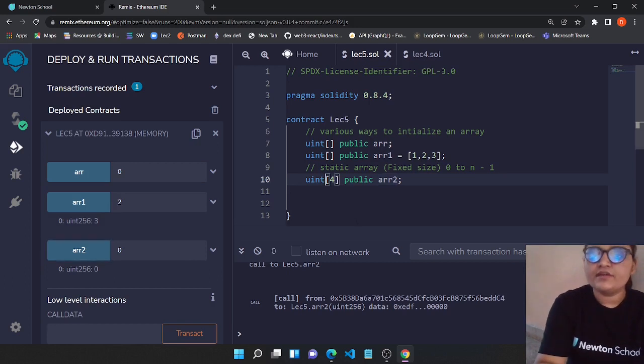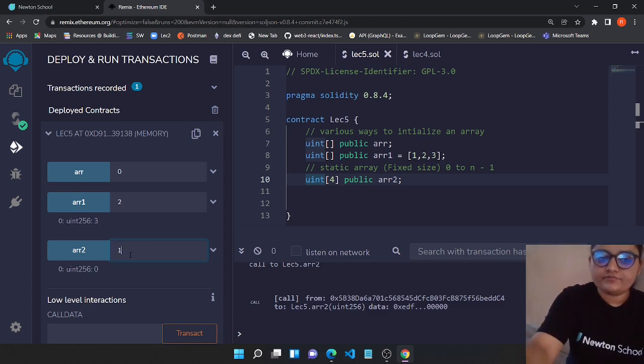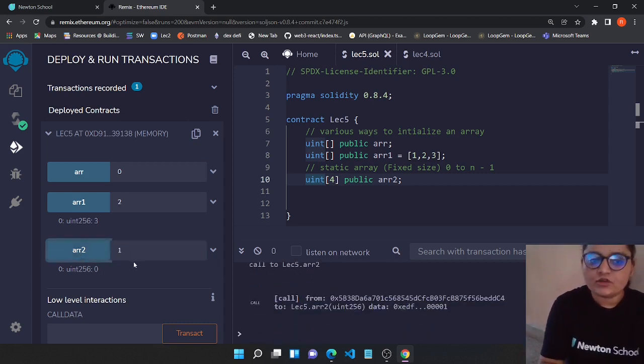Suppose this would be a bool type, then the false value will be stored for the four memory spaces,